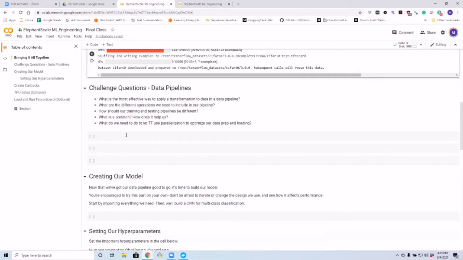So at each section, I've written some challenge questions that we're going to discuss here. And if you're trying to measure how well you actually understand this stuff that you're learning, one of the best things you can do for yourself is to test yourself on these things. Because remember, knowing how to do it isn't enough. If you can't communicate it, especially as a data scientist or machine learning engineer, that's going to be really challenging on the job, because people need to know how we're doing these things,